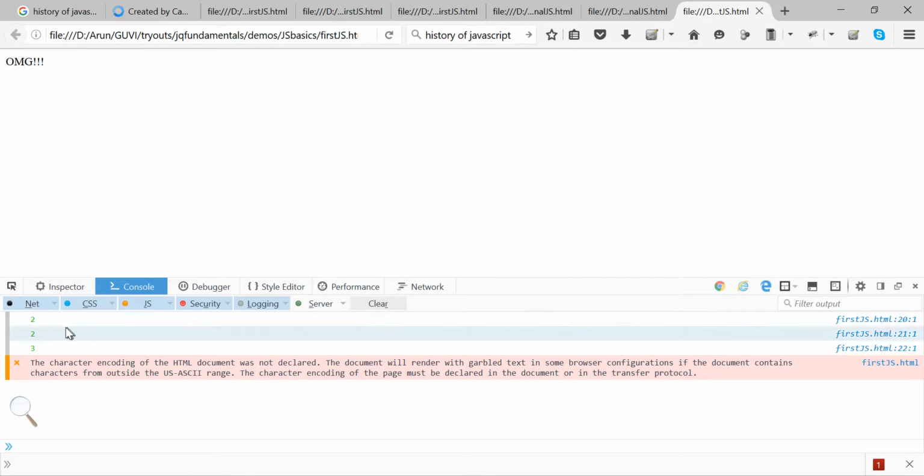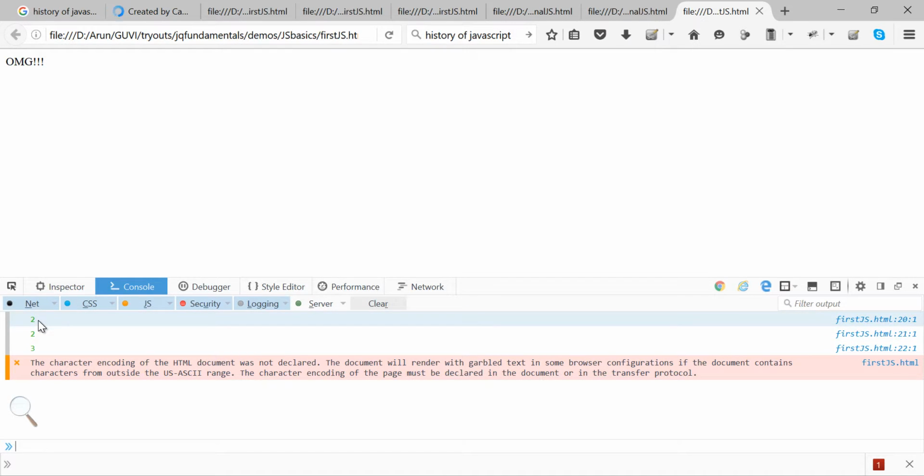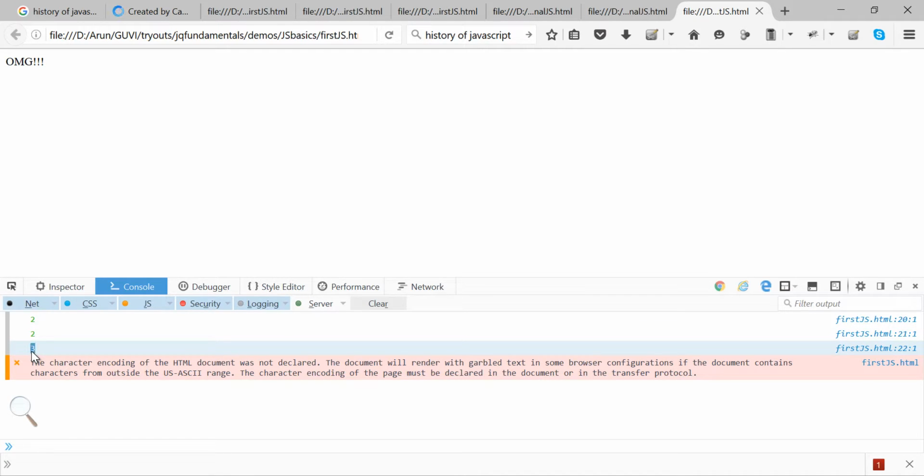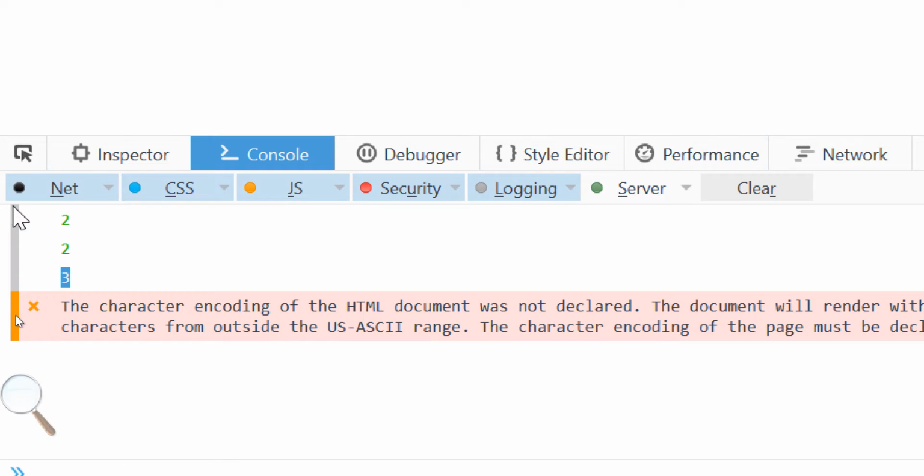So I refresh it, see, I have 2 and then 2. So with plus plus i, it is incremented and then saved. Whereas with i plus plus, it gives the value to k, so that's why it still stays 2, and then i gets incremented. So finally the incremented i value is 3. That's how it goes. I'll zoom in and show it to you. This first line is plus plus i, the second line is i plus plus, and the third line is the final i.